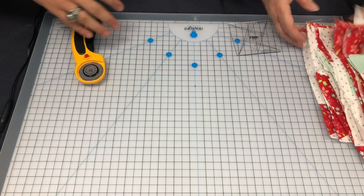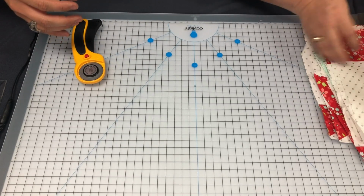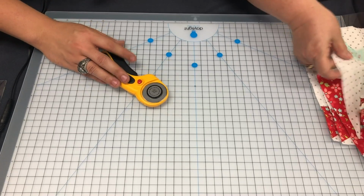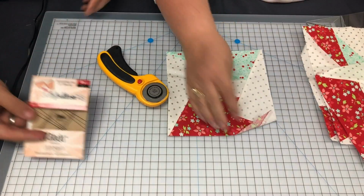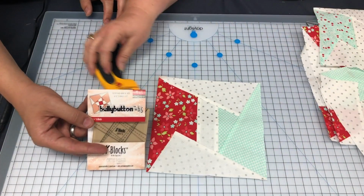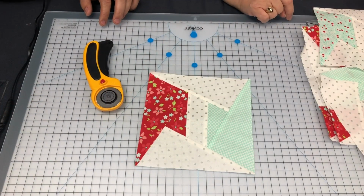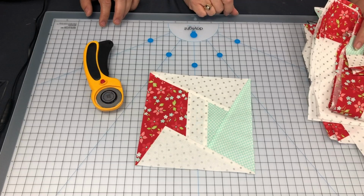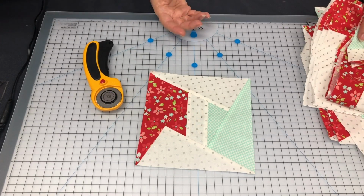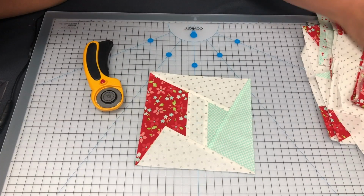If you look at this block, I'm going to show you a cut block. Here's our cut block. Here's our belly button right here in the middle. In order to get that in the middle, we have to make that block first. So we're kind of making an X block within an X block, a block within a square block. So to get that block,